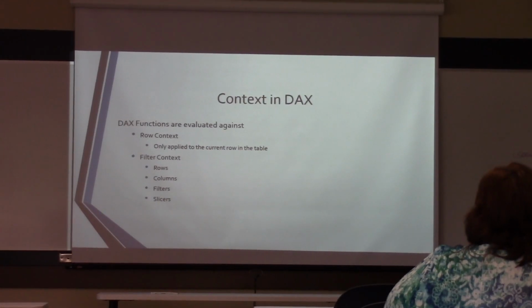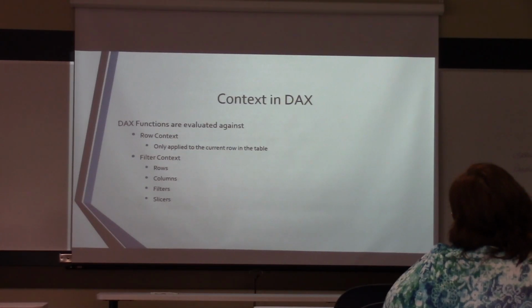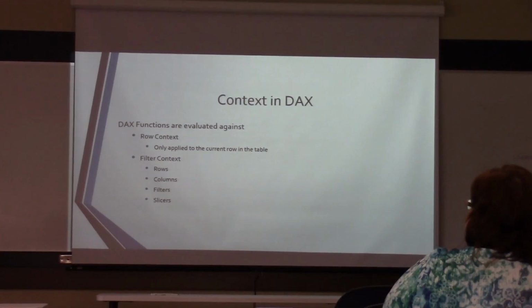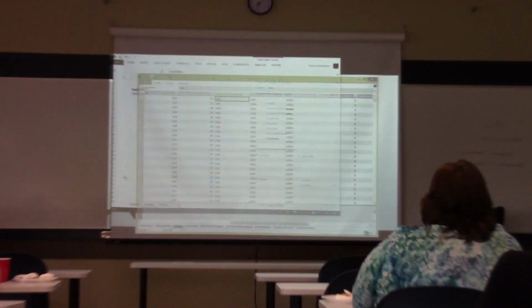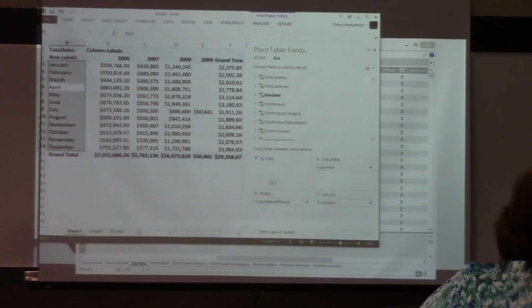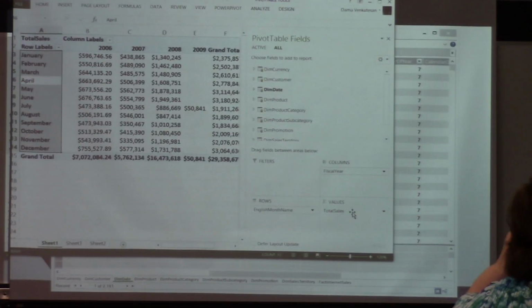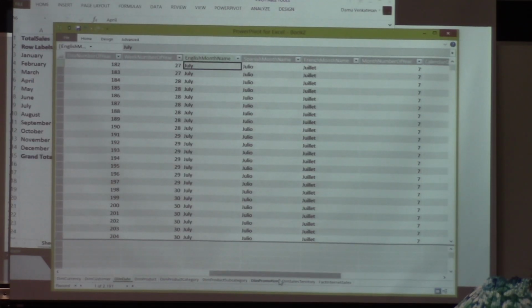Where does it apply the filter context? The filter context is for your measures. When you're creating your measures, you can apply your filters based on the slicers that you put in, or rows or columns, anywhere. The filter context is based on the filters or the rows for which the measure takes that context and then applies to it. Whereas the row context is,